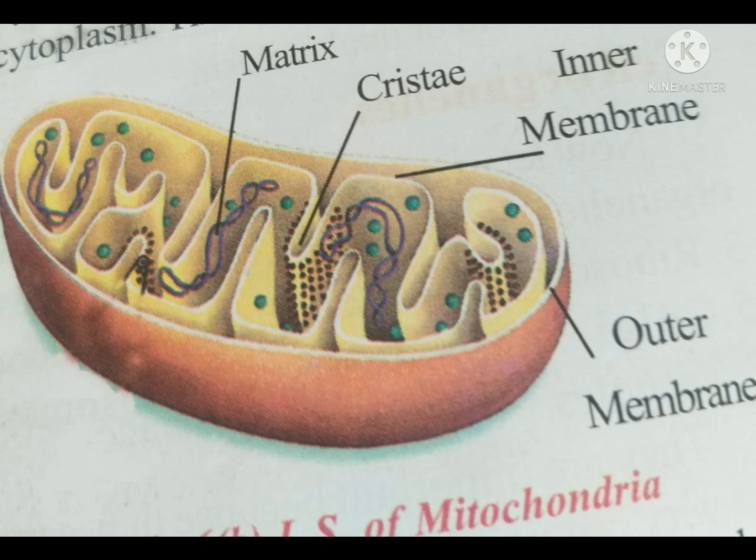The mitochondria are made of a double membrane wall. The inner membrane of the wall projects into the interior in folds and forms structures called cristae. Mitochondria are responsible for cellular respiration. Because of this, mitochondria are also known as the powerhouses of the cell.